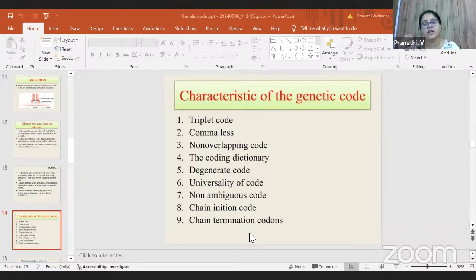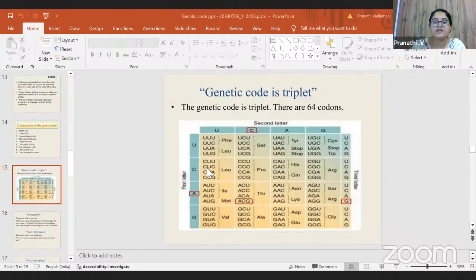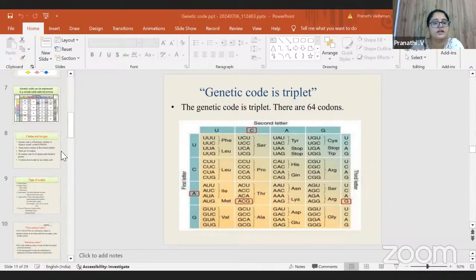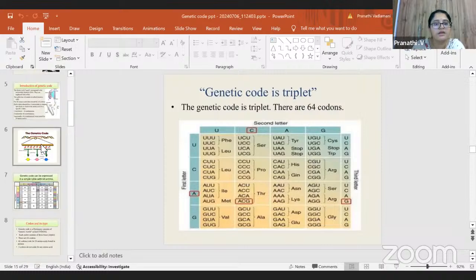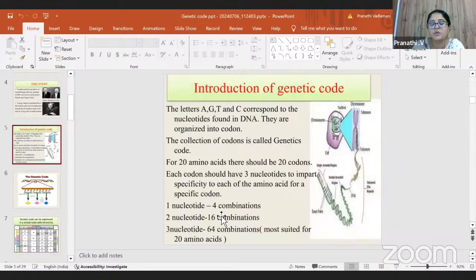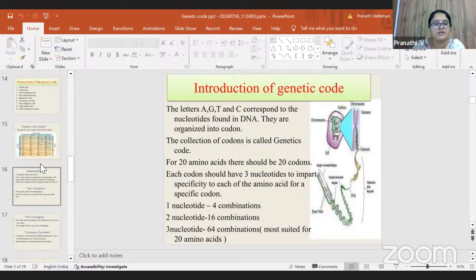Termination codons, again UAA, UAG, UGA, are not changing in any of the organisms. So the code is triplet, and 64 codons are there. Like I told you earlier, the number of amino acids that can be formed can be worked out basically like this: one nucleotide gives four combinations, two nucleotides give 16 combinations, or 64 for three. So what we mean is this: